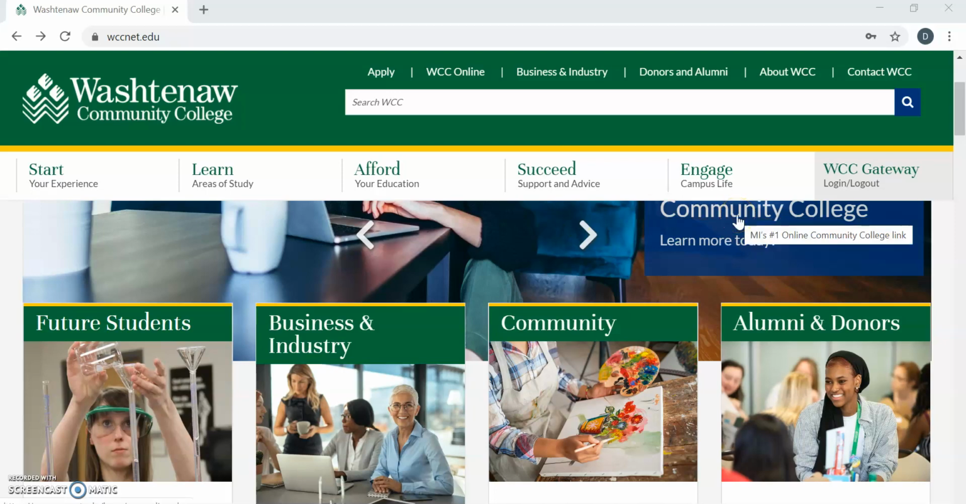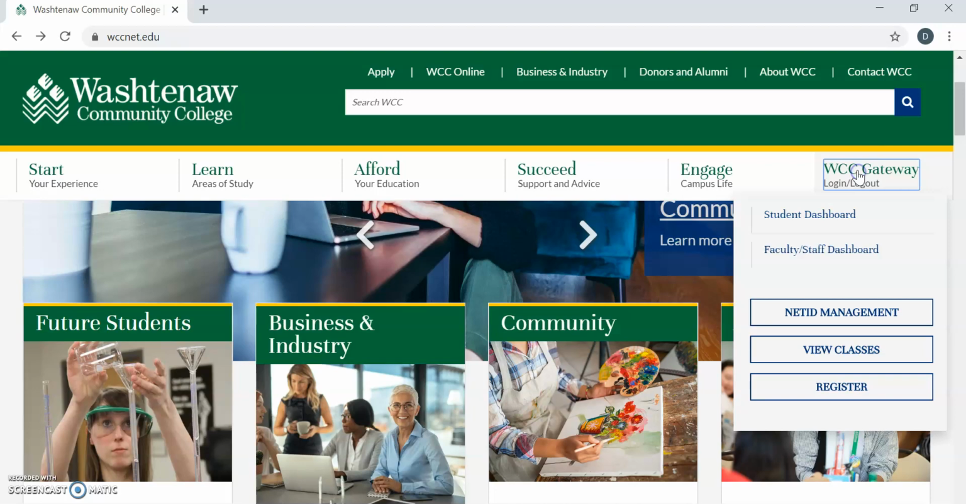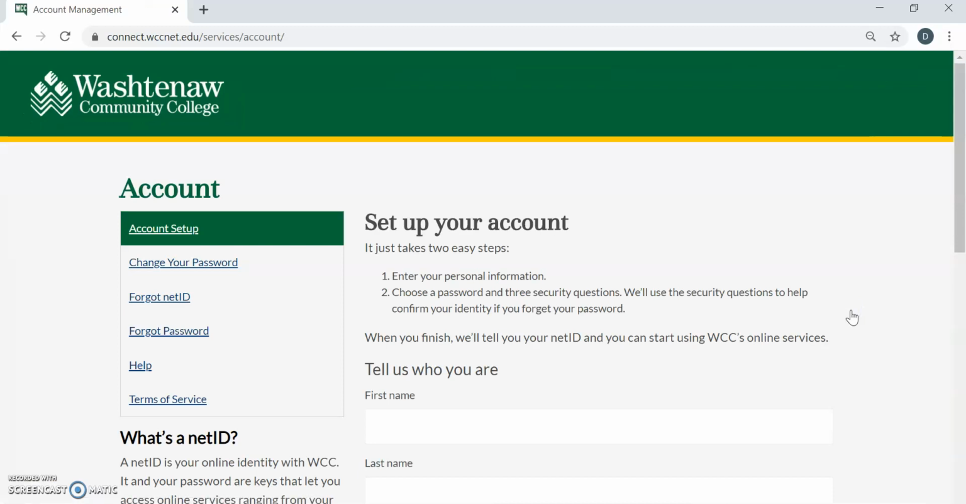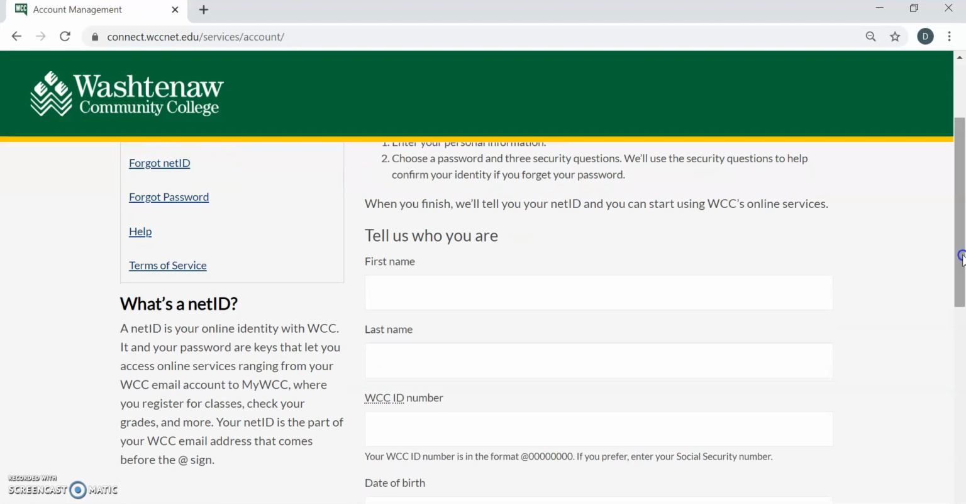Okay, right now I want to show you how to set up your online account, your student account. What you'll do to start is go into the WCC Gateway and click on NetID Management. Once you are in, we are going to set up your account, and you'll need to tell us your first name,